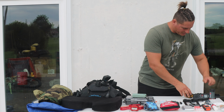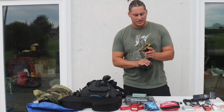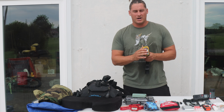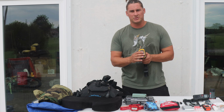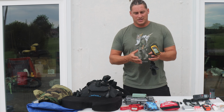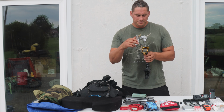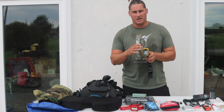The first thing is going to be, I just have this old Garmin eTrex. This is just going to really tell me my speed. I can download routes on this, and I have downloaded the route to the Missouri River, but it's a river, and there is a current, and it is faster in the current, so you want to try to stay in the current. But for the most part, I'm going to be using my phone with an